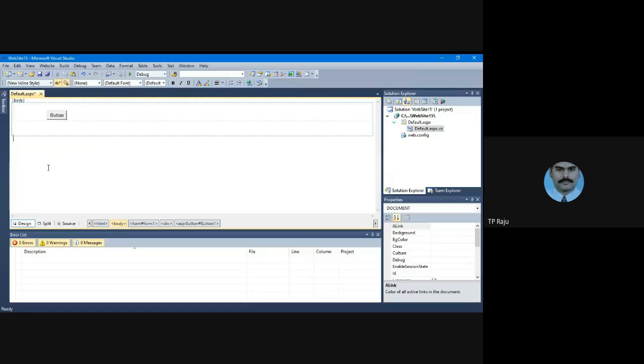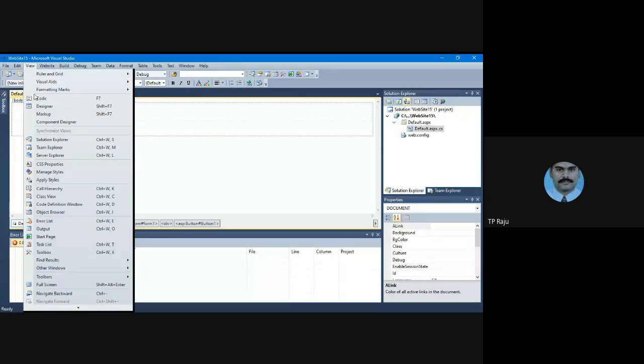Okay, this is our design. You want to get the code behind file here. See, in this View menu, you are having some options.